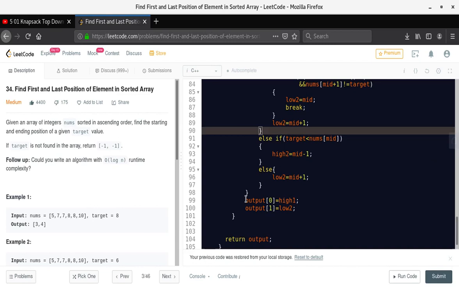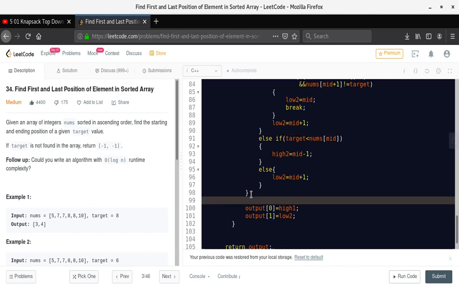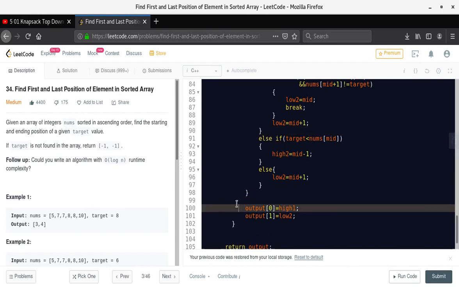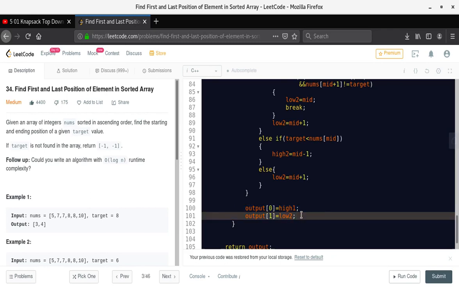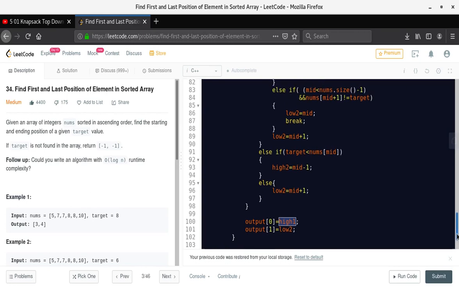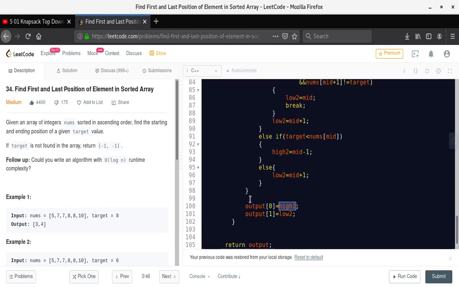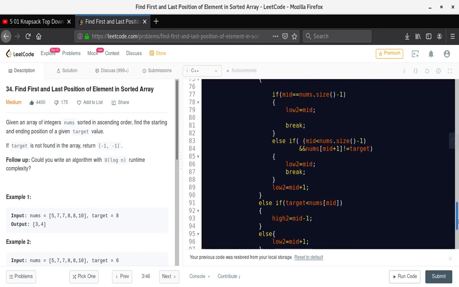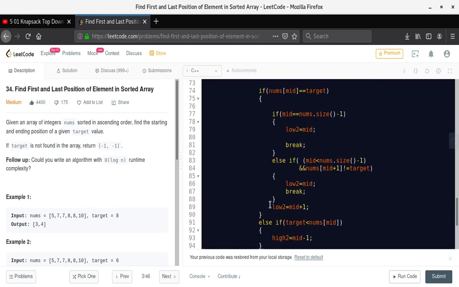And at last, after performing both binary searches, we put our high 1 and low 2 in the output. The answer for the left search was in high 1, and for the right side binary search we are taking the answer in low 2.